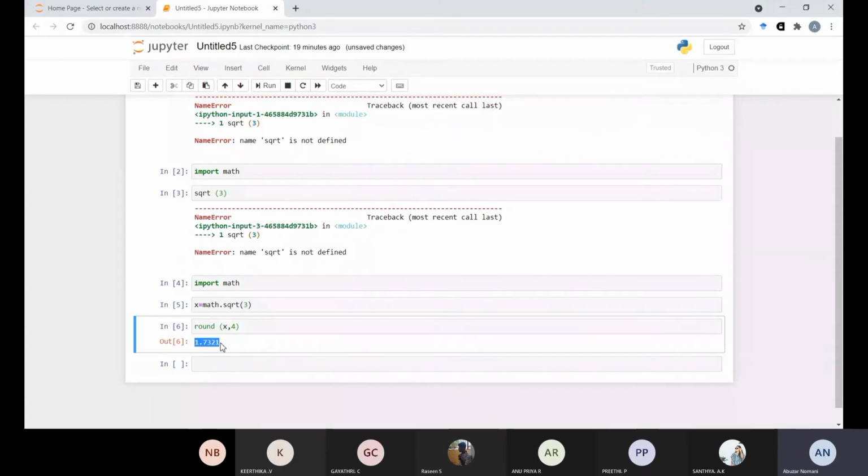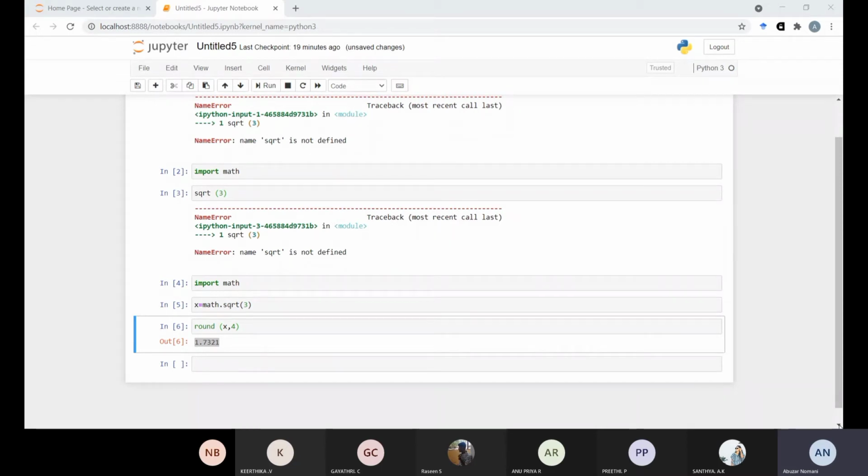Okay, so this is just an example that I'm giving you: if you want to use any function, you must identify in your Python or Jupyter notebook what the function is meant for and how we are going to use it. Only then can you understand how to use it. To use the square root function, we have to type math dot sqrt bracket.